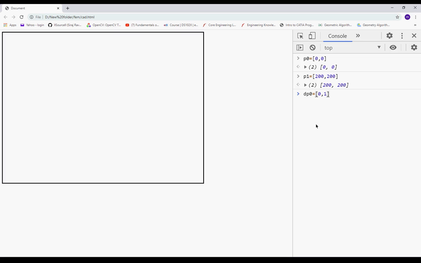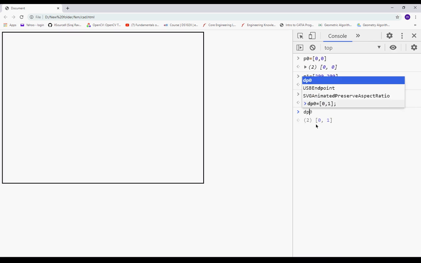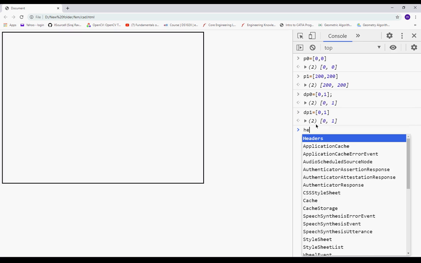What is the meaning? That the tangent vector is vertical only, so the tangent vector is parallel to the y-axis. Meaning of this is this. If you provide 0.5, 0.5, that means the tangent vector is inclined by 45 degrees. In this way you can calculate. This represents delta x, and this represents delta y. So the first factor is delta x and the second factor is delta y. Now dp1 is equal to, let's have this also the same, no issue. And now I can use Hermite.